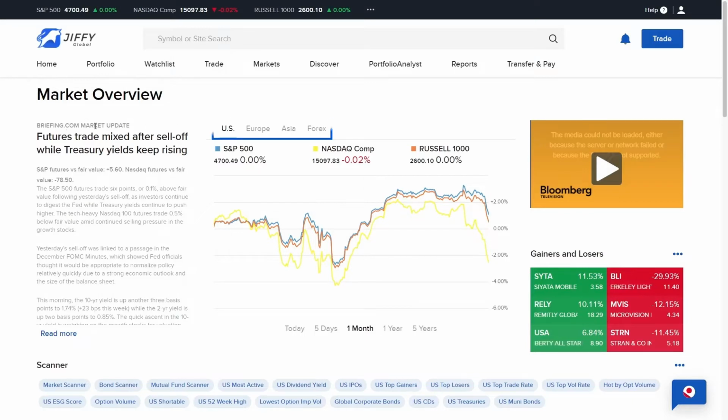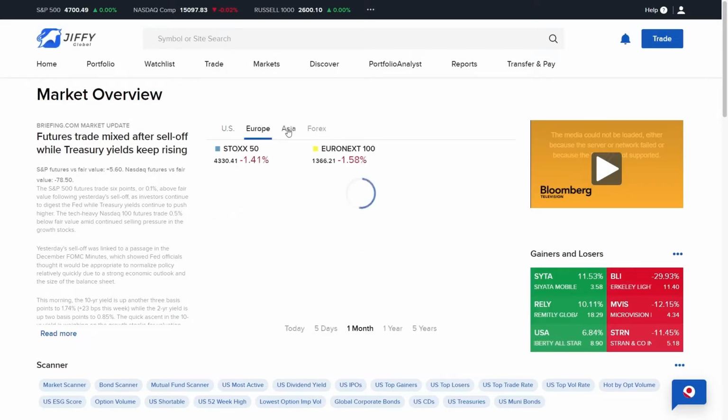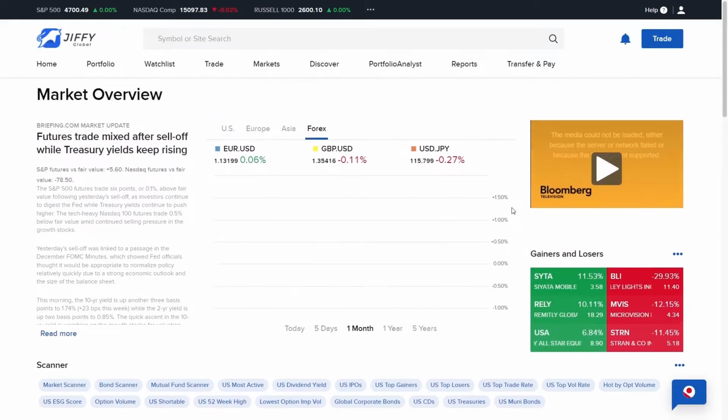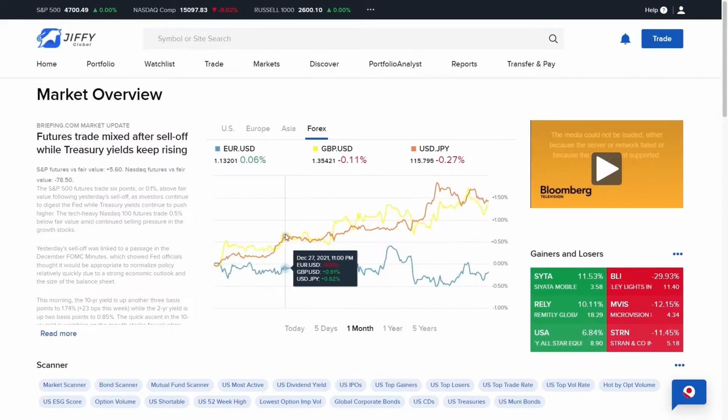To the left, to the right, select the global region to display relevant market gauges. Access the Stocks tab to see a currency review. Below the plot are hyperlinks enabling you to select a different time frame. Move your mouse over the plot to see more details on each asset price movement. To the right, you have a Boomerang Television embedded video feed. Click to stream live news.